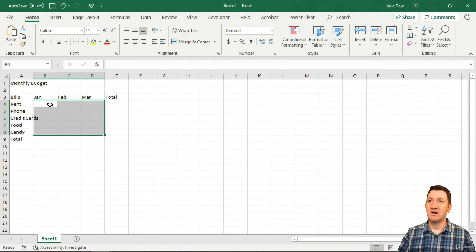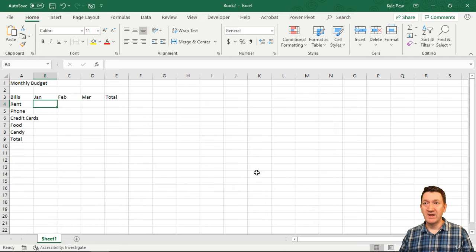Okay. So I'm going to jump up into cell B4, and I'm going to make some stuff up here. Feel free, you can copy exactly what I got. Or if you're putting your own bills in there, you're creating your own monthly budget, feel free to put your own amounts, whatever you like to do. The quicker you can put it into real world practice, the better off, right? All right, so inside of B4, I'm going to say